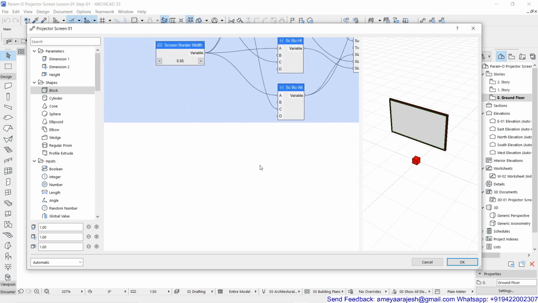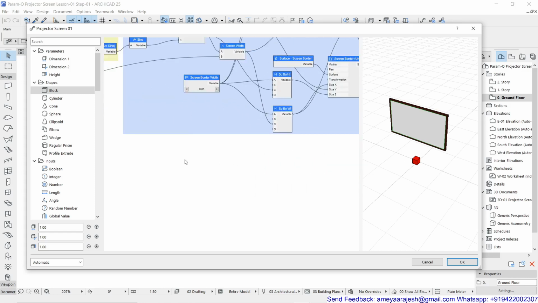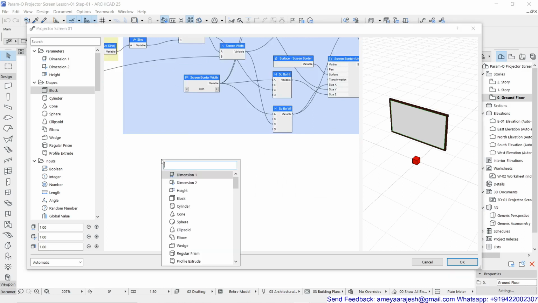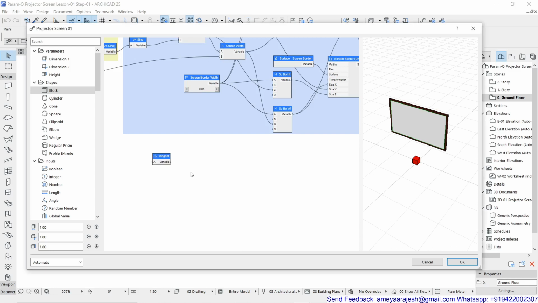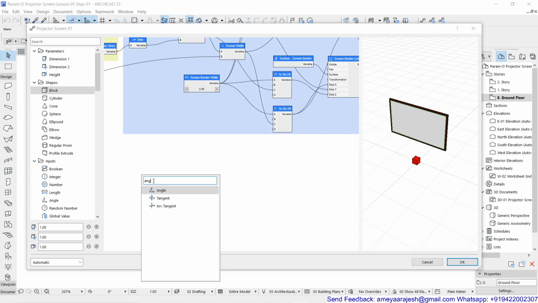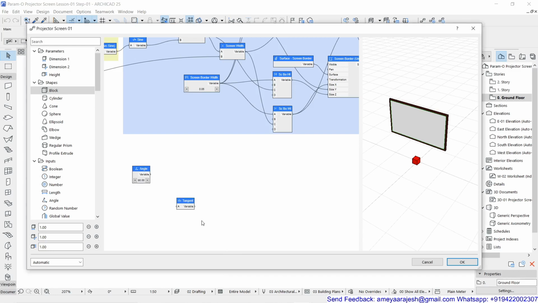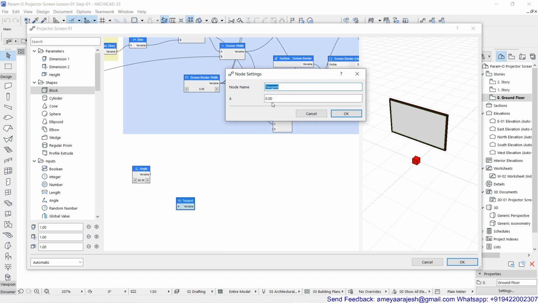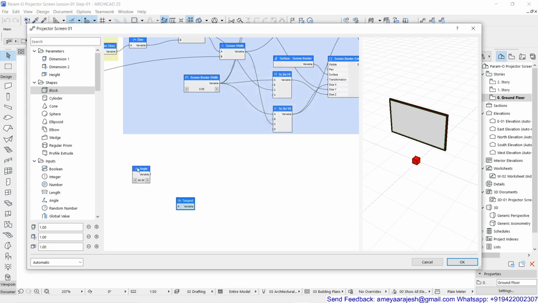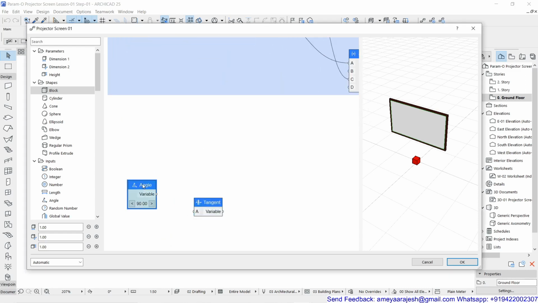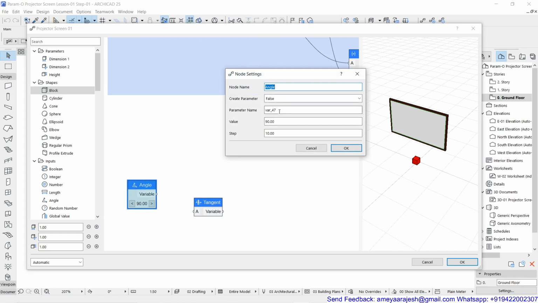Now I'm going to start working with my next required thing. The first thing I'll be using is the tangent part. 75 was my angle which I'll be needing for that. You can directly type the value over here as 75, and in case you want to change it for some reason, you can create a new field and place 75 there.